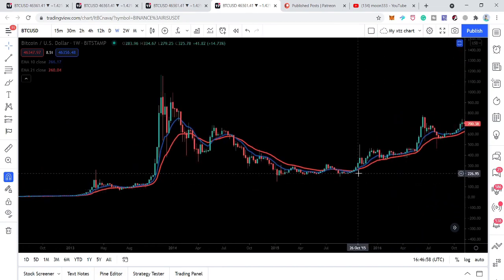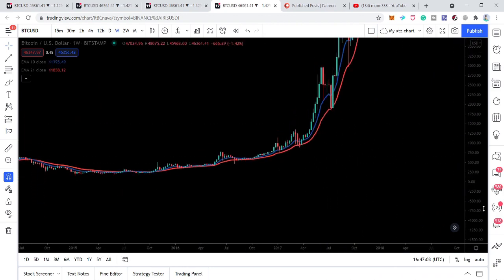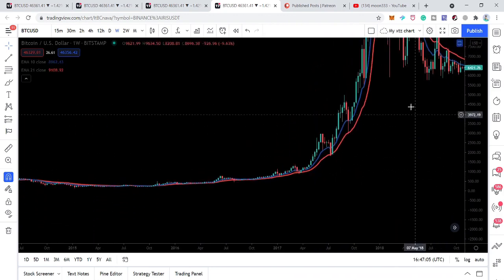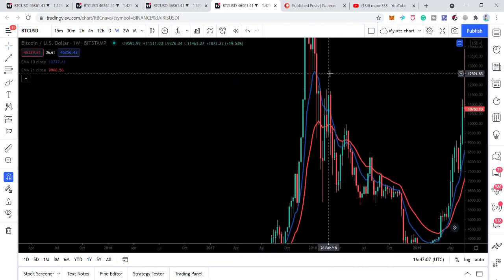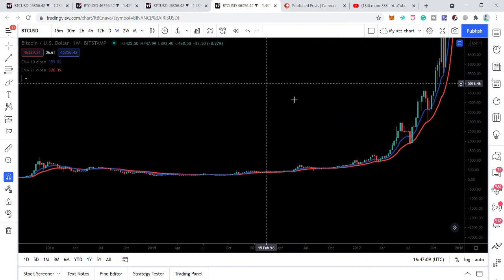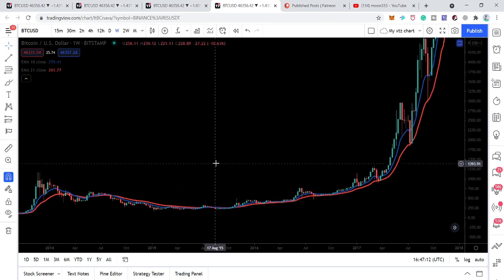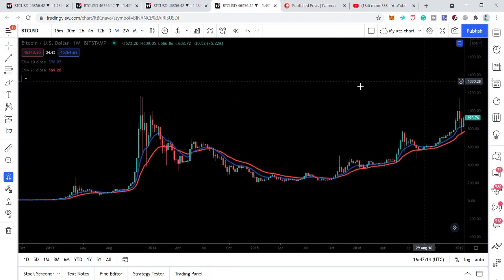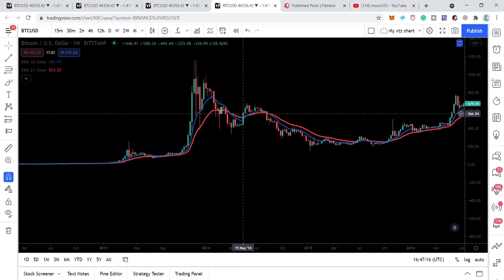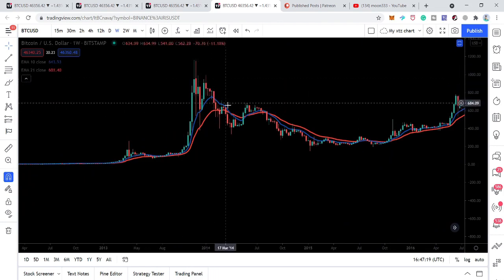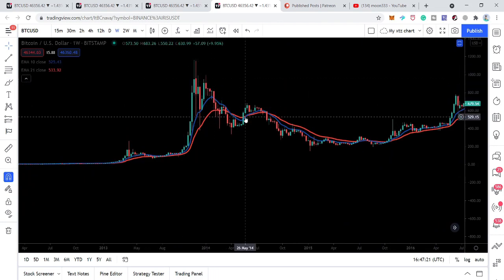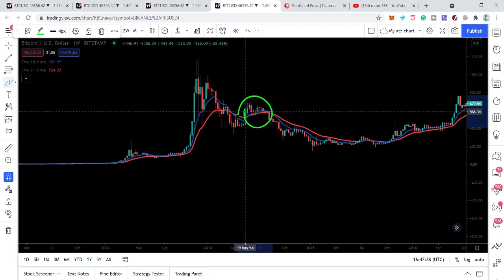Here we received the bull cross in October 2015, and a very long-term rally for more than 2 years started and ended here in 2018. And we had an exceptional situation back in 2014, when we received this bull cross after the ending of this bull run, and the long-term move towards the upside did not start. If we exclude this exceptional situation in 2014, because that was the ending of the bull run,